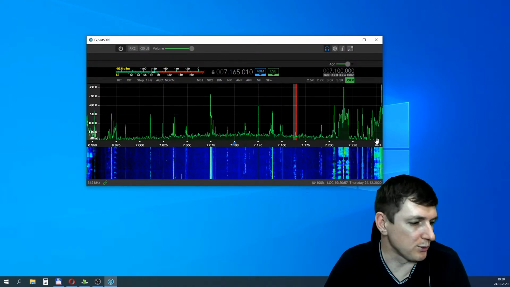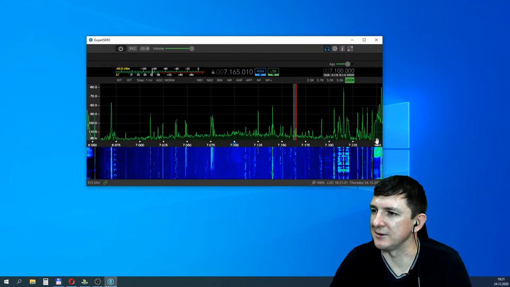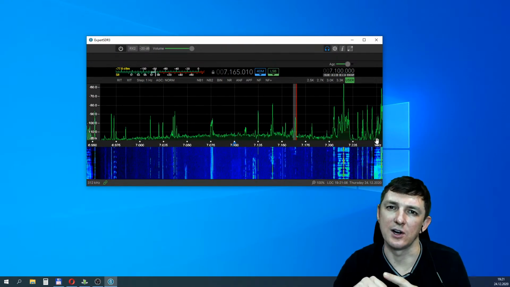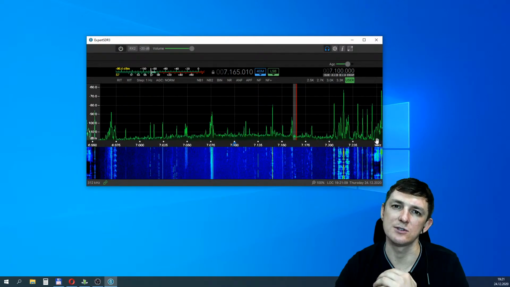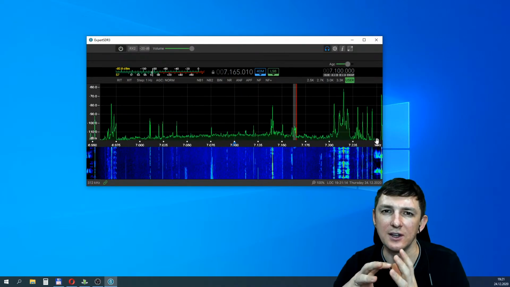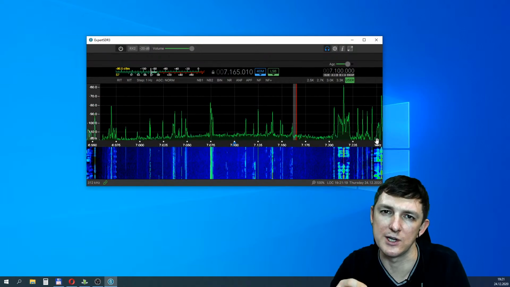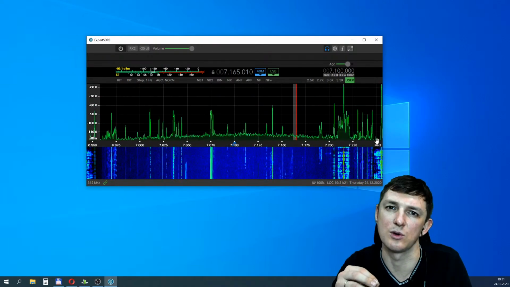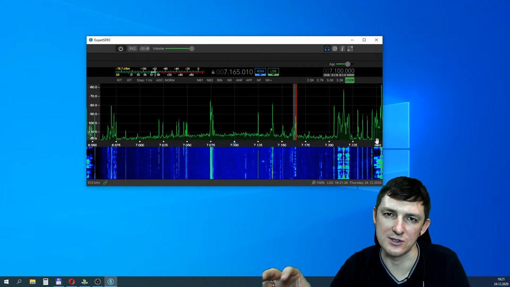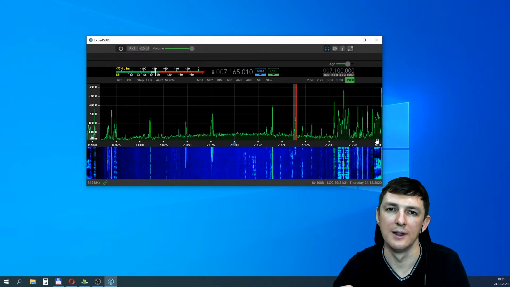The Expert SDR3 software is just a skin for the SDR core, and this SDR core has the same functions as the remote control software, and this skin is the same software. Expert SDR3 for local operation and for remote operation, for remote control, has the same functions, the same source code, and it's the same software.